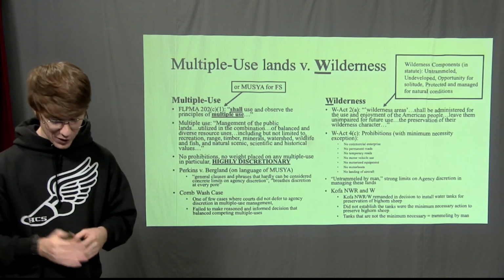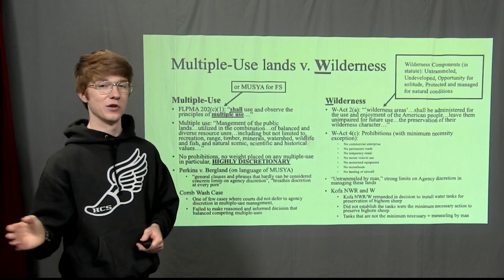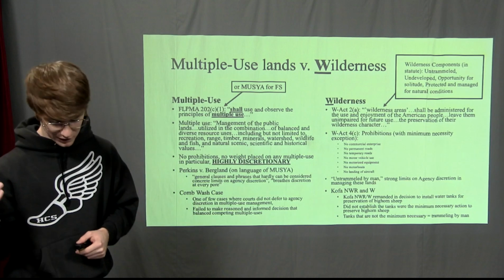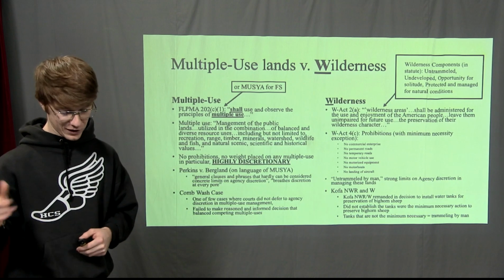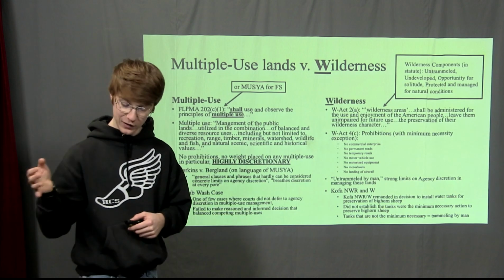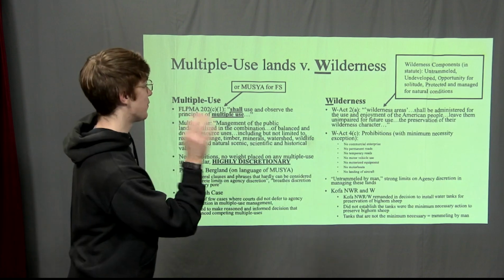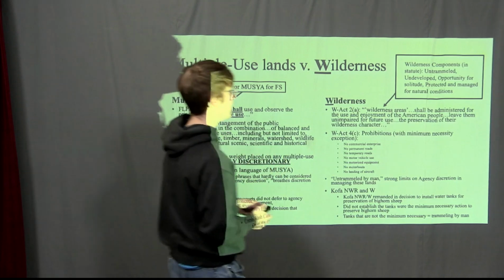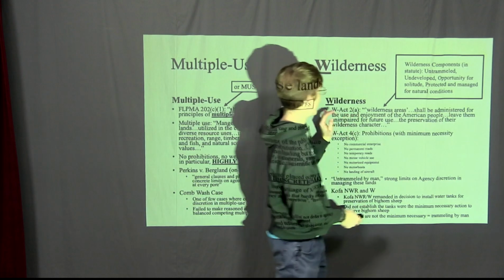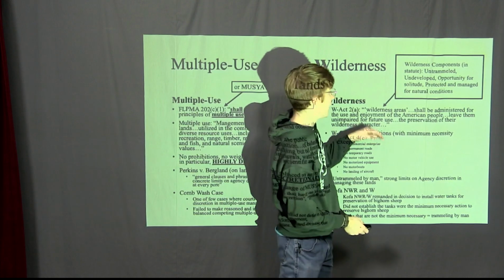But anyways, like I said, here I got more of a complete version. Administered for the use and the enjoyment of the American people. Leave them in such manner that will leave them unimpaired for future use, and so as to provide protection of these areas and the preservation of the wilderness character. So there's that preservation of the wilderness character. You got, shall be administered for the use and enjoyment of the American people, and then leave them unimpaired and